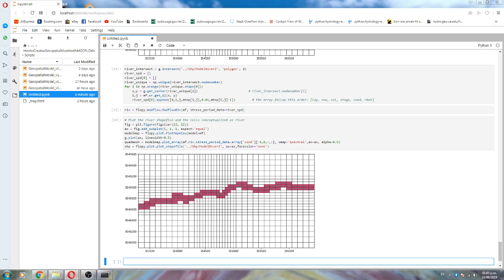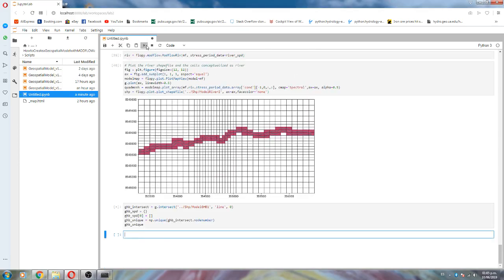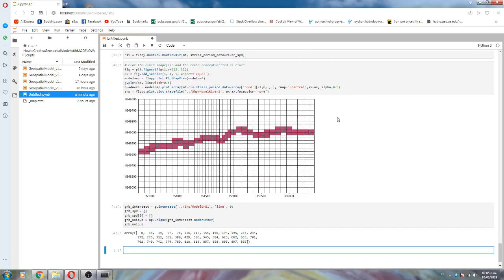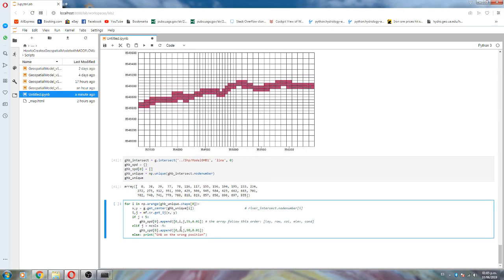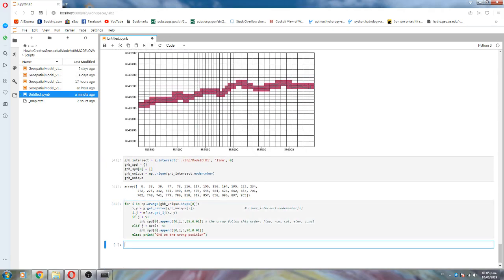Then, with a similar procedure, we have the general head boundary, because we have a regional flow that flows from east to west. So these are the cells. Okay, and the general head on the east is 90 meters and on the west is 50 meters. So this code will apply this to the cells. We apply this to the model,